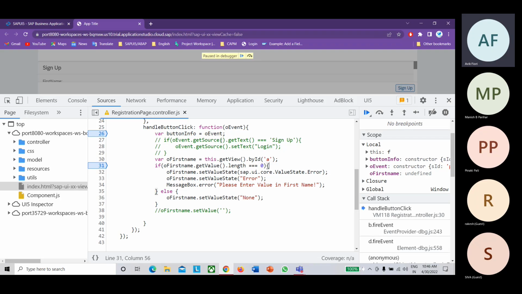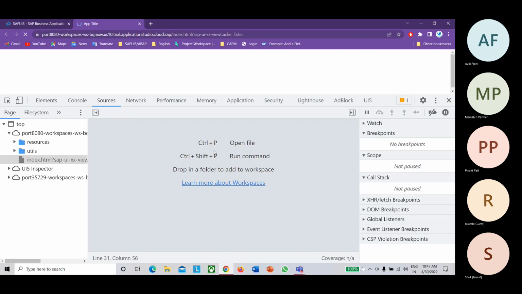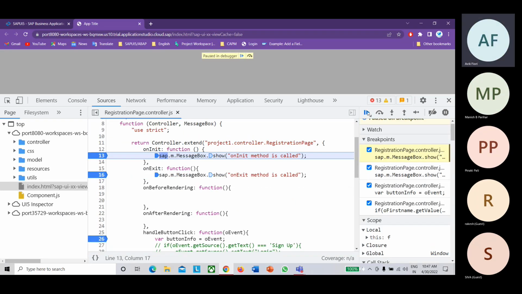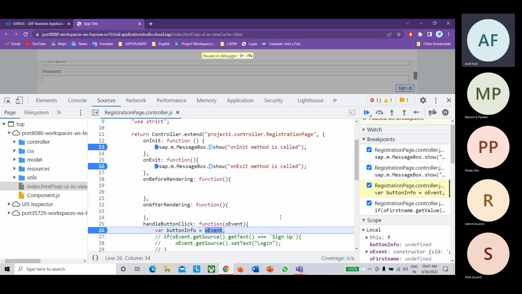Let's say you want to see the output also. For example, in this case, wait, let me reload it and show you once again. Now let me execute. Let's say I'm clicking on the sign up.